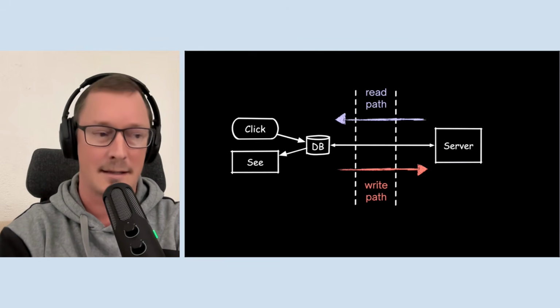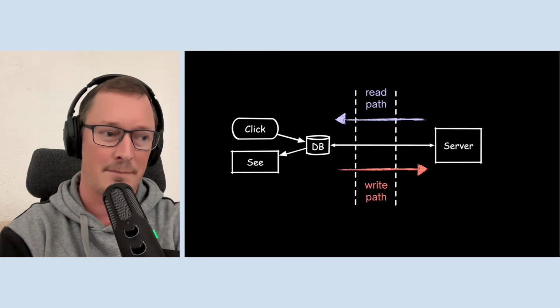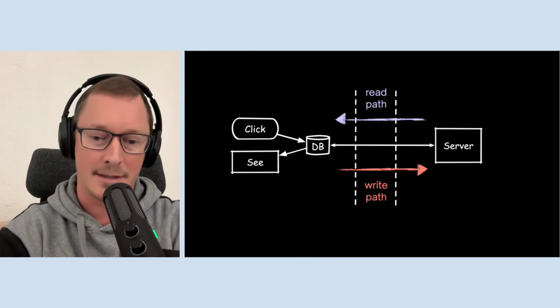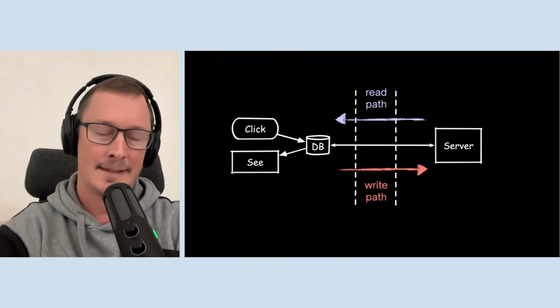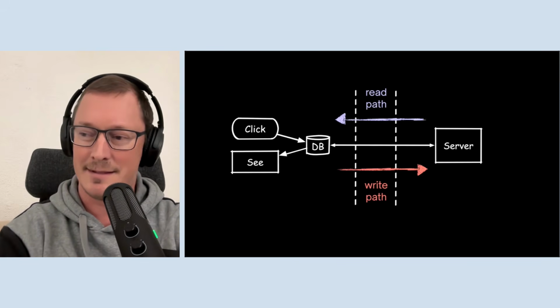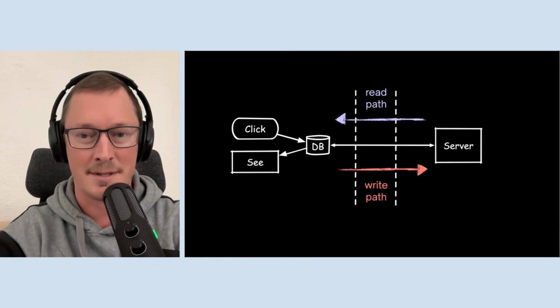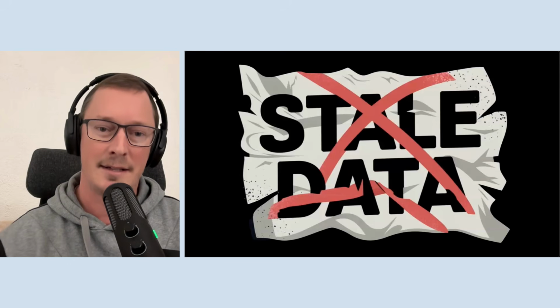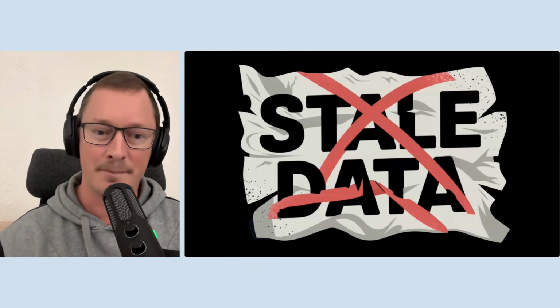And one of the examples I want to show about how you can develop local first with Elixir now is to walk through a number of write path sync patterns. But before we get to, in a way, those hard problems, there is a more fundamental problem that you need to solve, and that's the stale data problem.